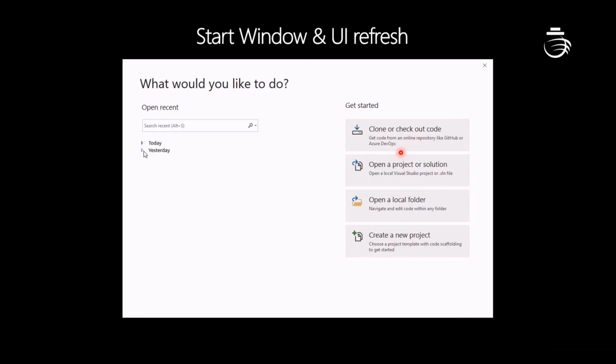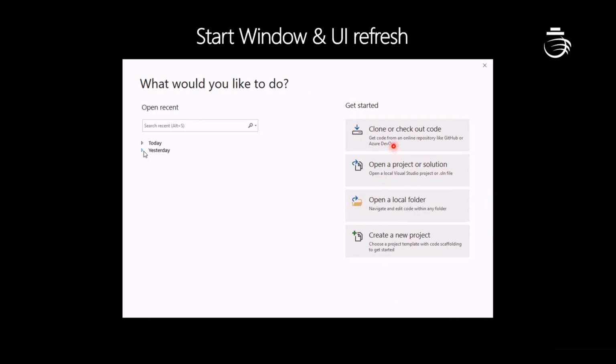Like before, if you wanted to clone your GitHub repository or Azure DevOps Git repository, you would open a project, go to the Team Explorer and clone your repository there. So you had to do all those steps to clone your repository. Whereas in the newer version, you don't need to create a project and go to the Team Explorer, nothing. You can do it on the start page itself.